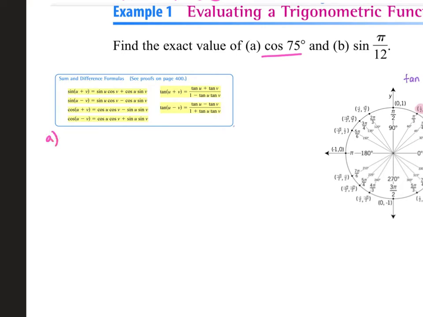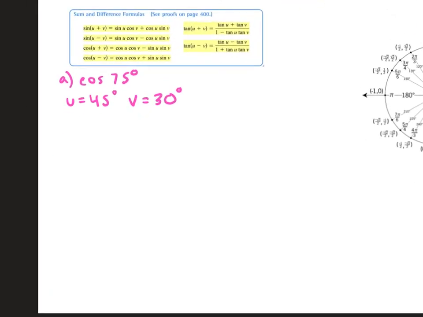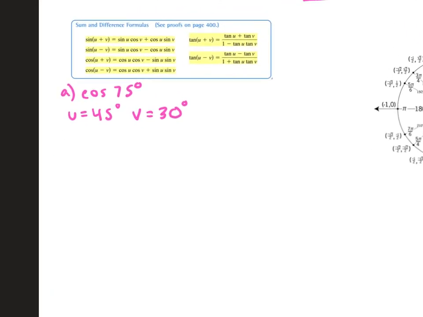So the cosine of 75, one of our angles is going to be 45, and one of them is going to be 30. So that's our u and our v. So we're going to plug it into this one here because we have cosine and we add them to get what we need. So we have the cosine of 45 plus 30, which would be 75, which is what we're looking for,